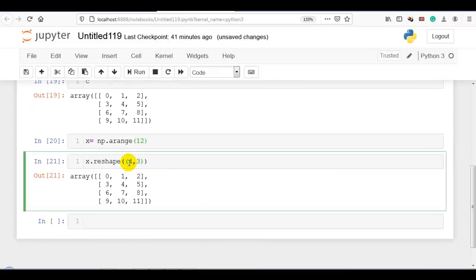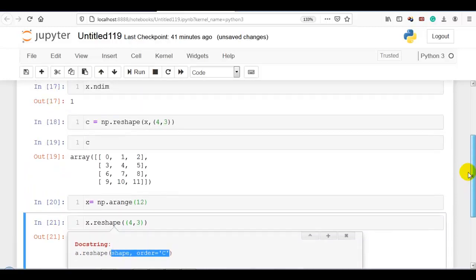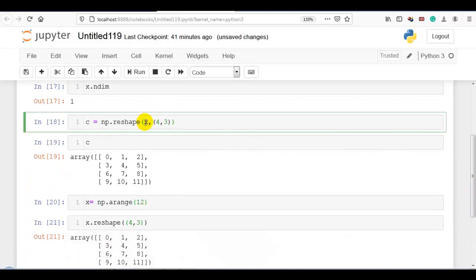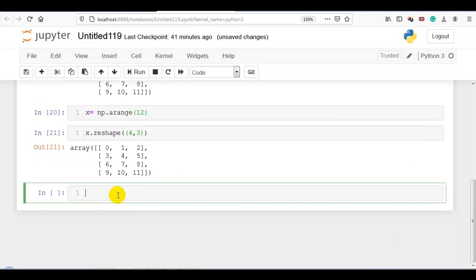The difference is, if you are using array.reshape, it contains only 2 arguments, but np.reshape contains 3 arguments. Now I also want to tell you one thing.